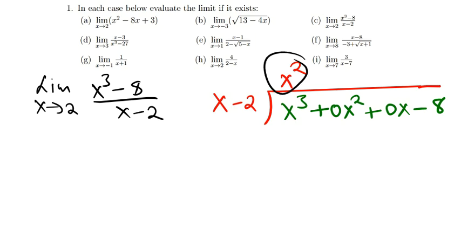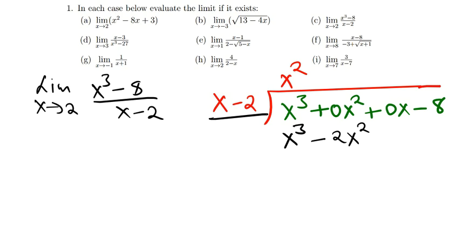So x squared can be multiplied by what we have here, and if you multiply x squared times x, that's going to give us x to the power 3. x squared multiplied by this negative 2 is going to be minus 2x squared. At this point, just like the way we do the normal long division, we have to subtract. 0 minus this is going to give us a positive 2x squared, right? Again, at that point, we'll go on, get that x, divide into that. x into 2x squared is going to be plus